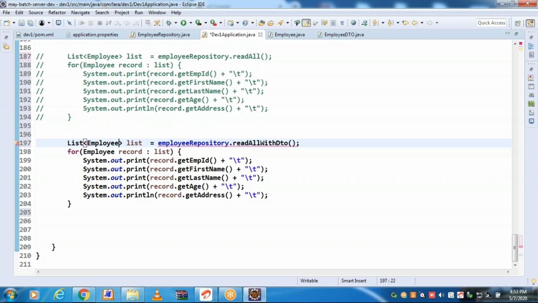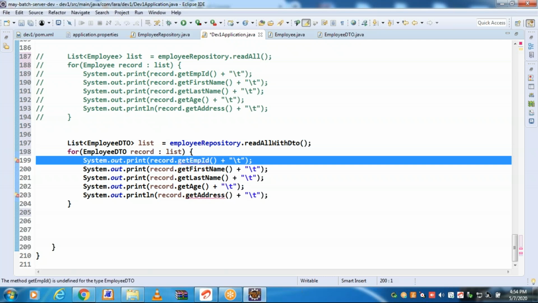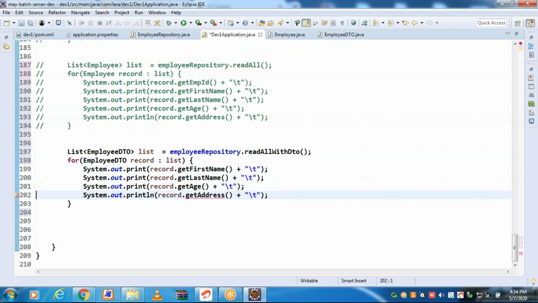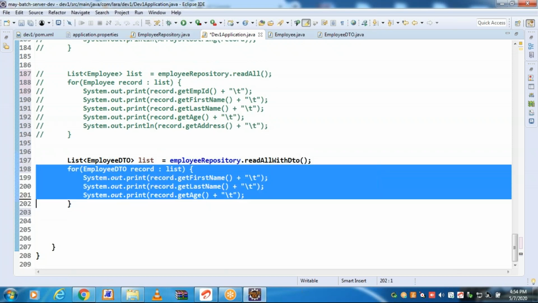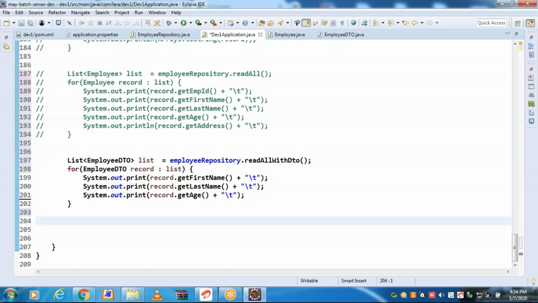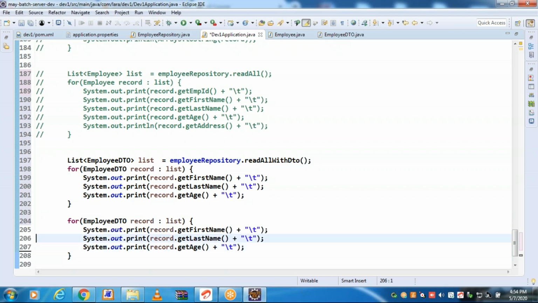It is returning employee DTO. Every record is an employee DTO. In the employee DTO, please observe, no EMP ID, no address. This is one way. If you want to read through toString also, it is possible.